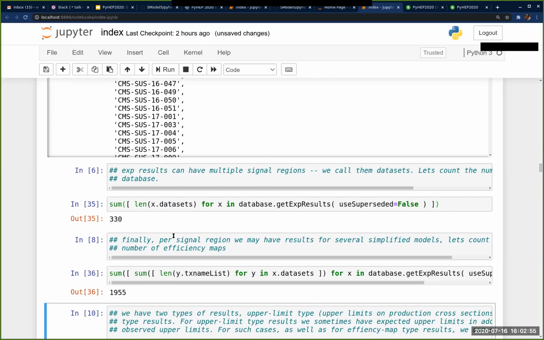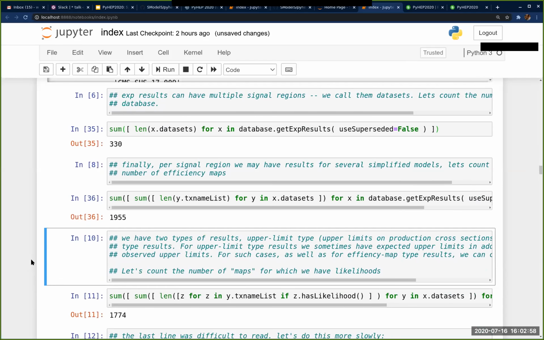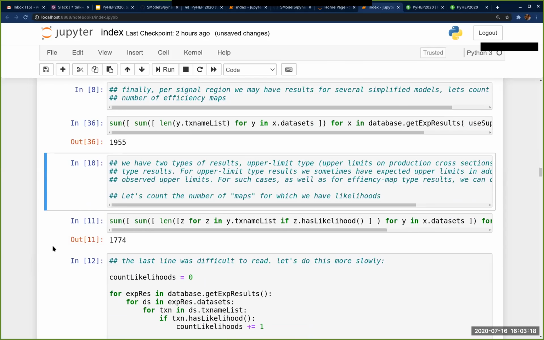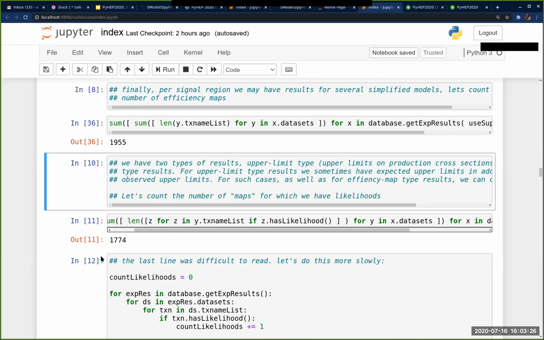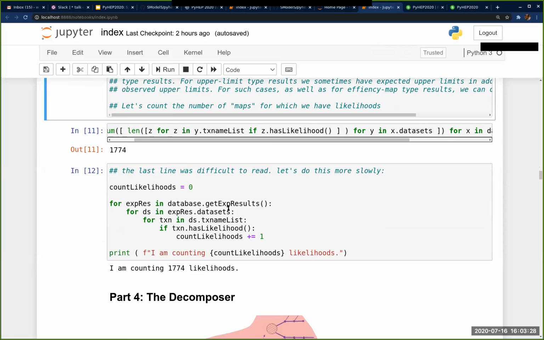And once you have this database of results, the next thing you would be interested in is seeing if you can construct likelihoods. Yeah, so you have your theory. Your theory predicts yields in the individual signal regions. You can construct likelihoods for this specific theoretical model. And here I show you how many. This is actually a very condensed line. So maybe I immediately go to this one. This is actually awkward code, but it's much more